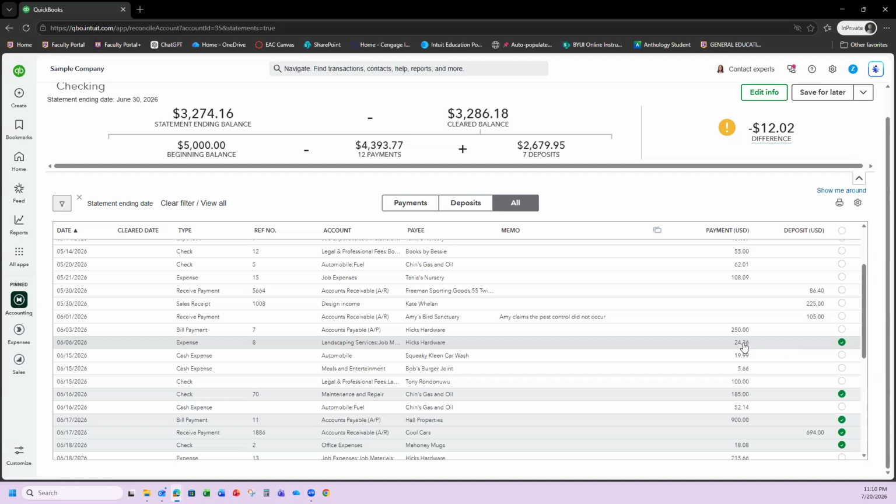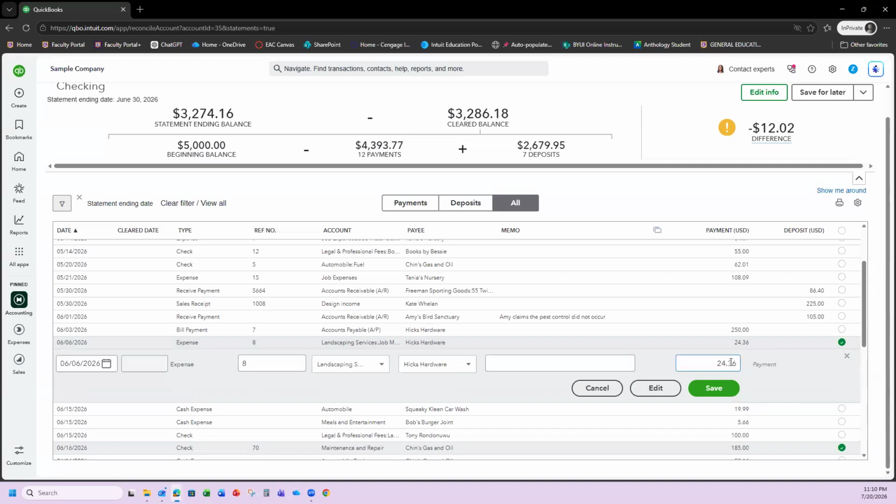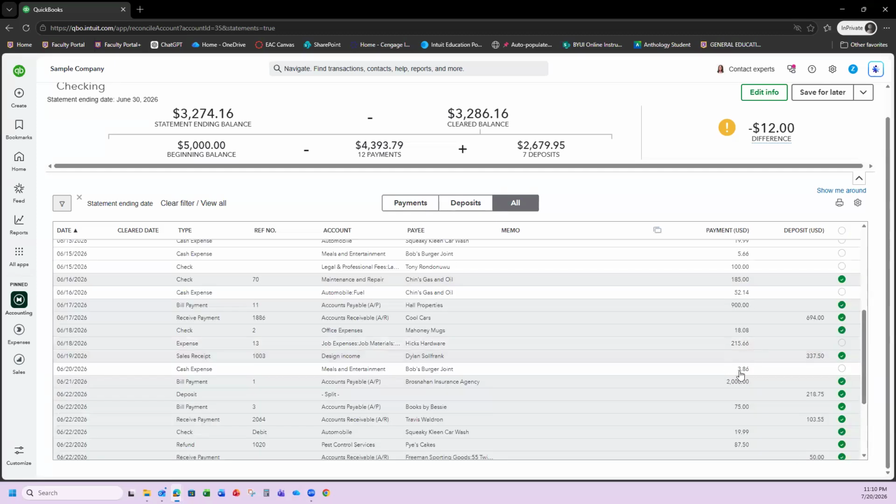So we can fix that simply by clicking on it, changing the amount of the payment, and saving it. Since we already had that marked as cleared, we'll now see a $12 difference. And that final $12 difference is a bank service charge, which we didn't have recorded at the time we got the statement. So all we have to do is come up to create,